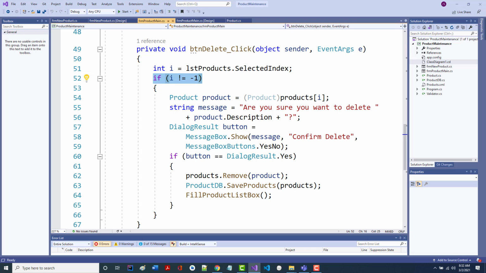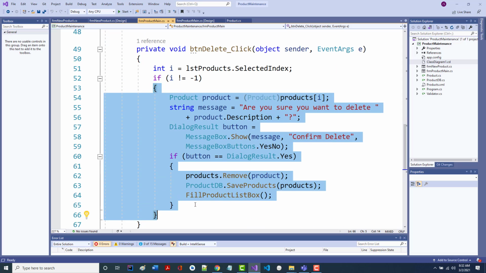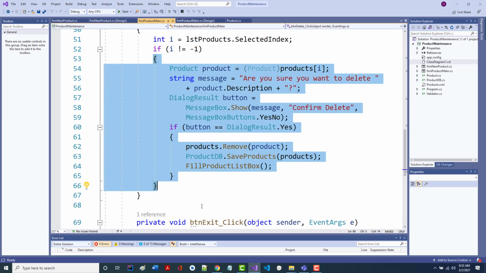You haven't selected it. Yes. If it's -1, there's no selected index. And as I told you before, it means that you've clicked the delete button, but you haven't selected a product to delete. So it says if it's not equal to -1, do this. And you'll notice there's no else. So if it is equal to -1, you don't do anything. If there is no selected index, it's just going to return. That's good. That's what we'd want to have happen.